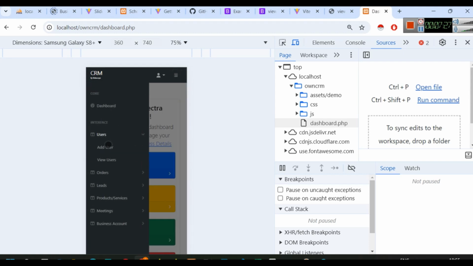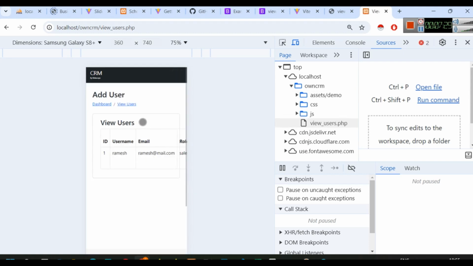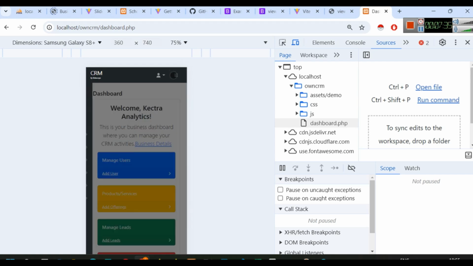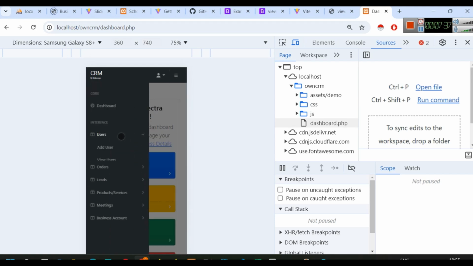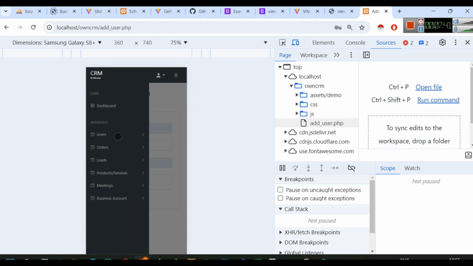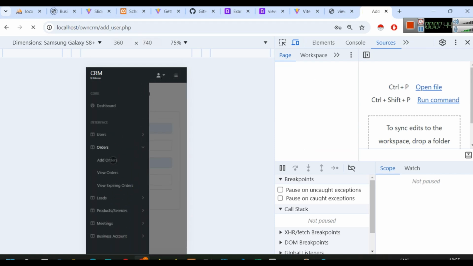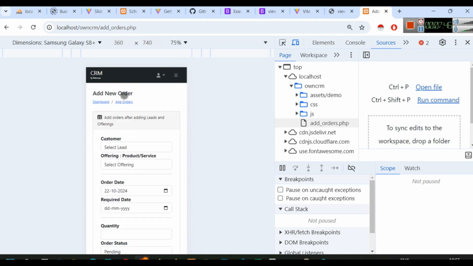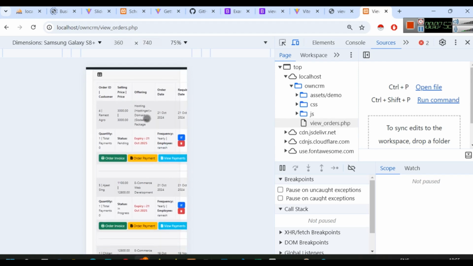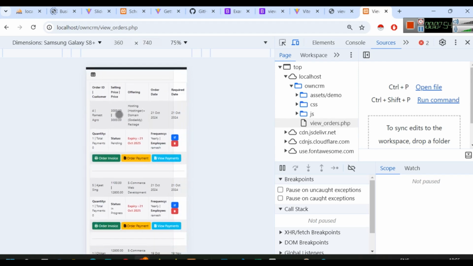If you want to view users, you can see the view users. If you want to see the dashboard, you can see. Obviously some pages are still being optimized, but if you are adding a user, you can see. If you are viewing or adding an order, you can see. If you want to view orders, from here if you go to view orders, you will see that obviously there is a lot of detail, that's why it is not optimized, but we are going to optimize